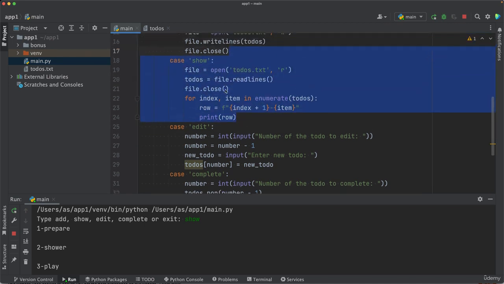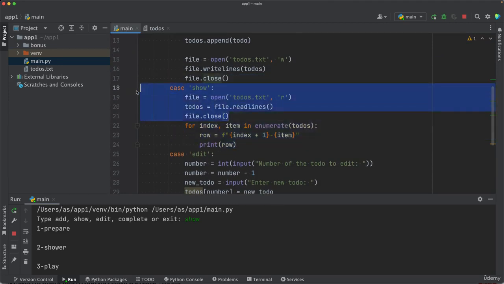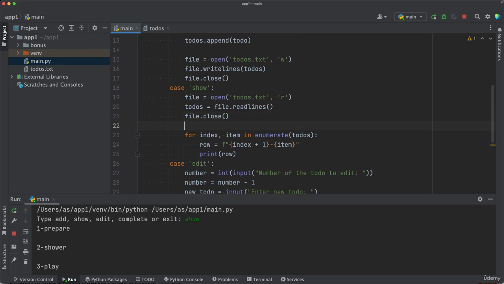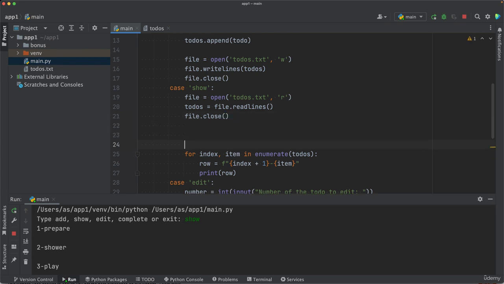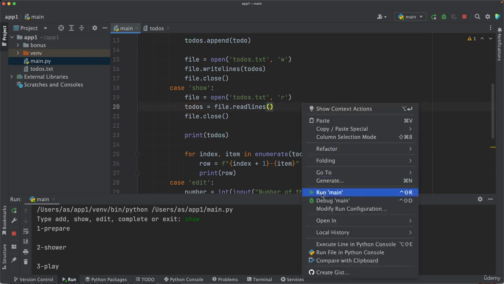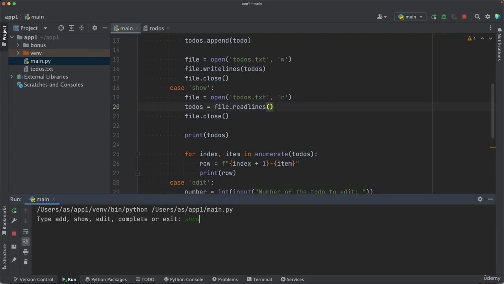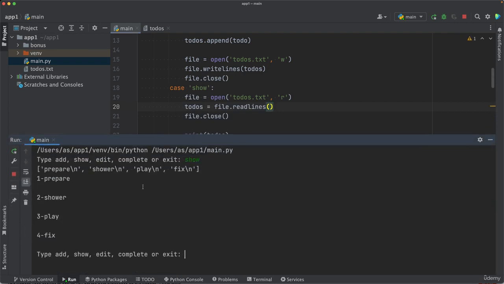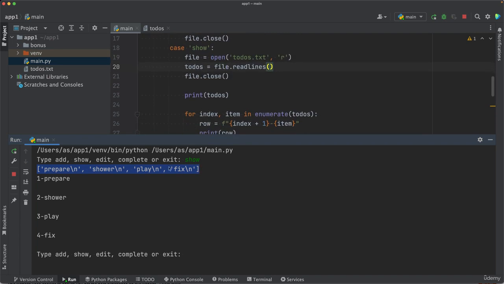So that's the case block, and here we get the to-dos list from the text file, and then we iterate over that to-dos list. But now a solution we could think about is to remove the \n characters from the list, because currently if we print out the list here, we execute the program again, we press show, and this time you're gonna see the print function that I've just added. So that print function produces that list. So the list has these \n characters,